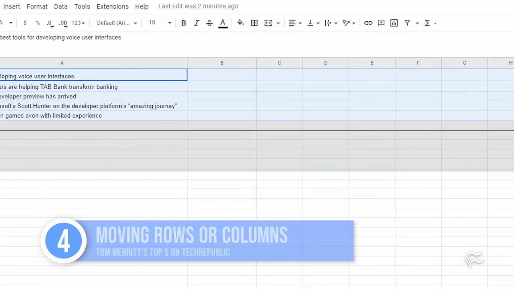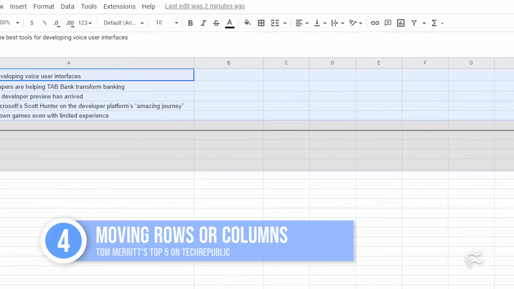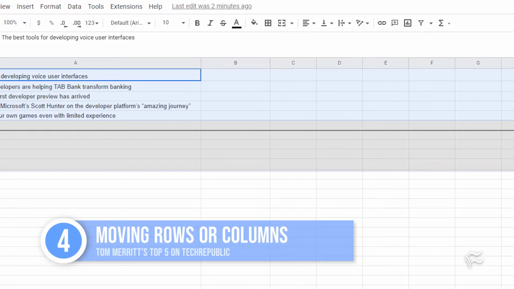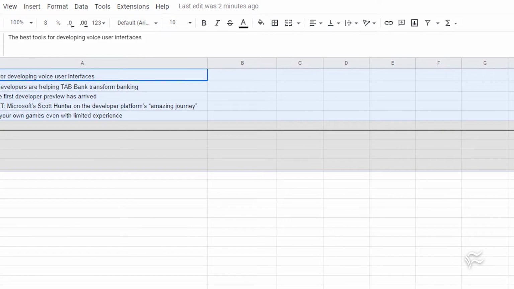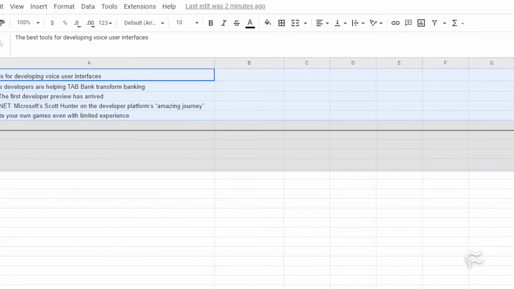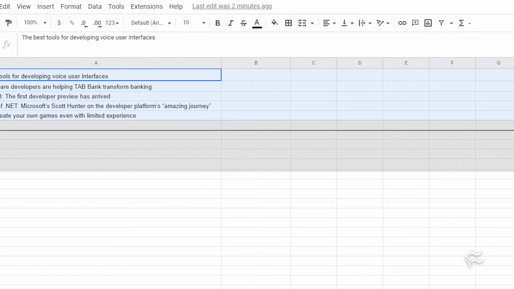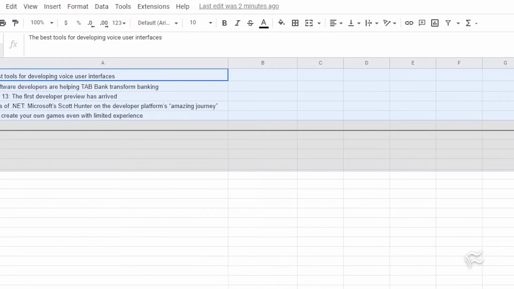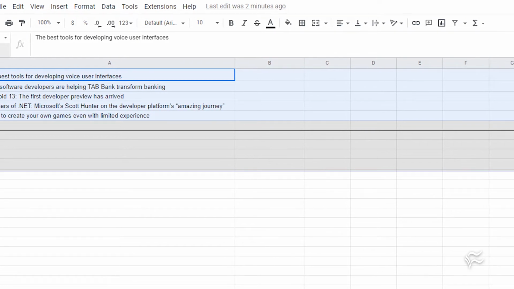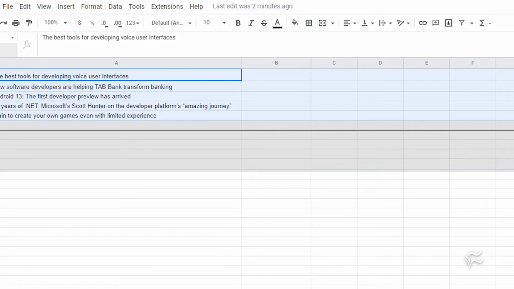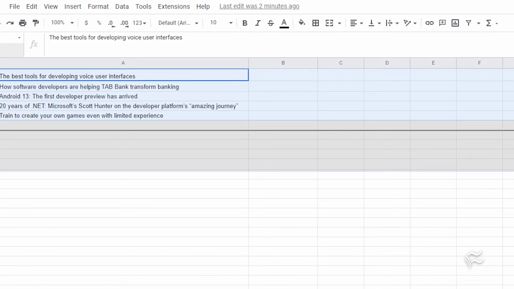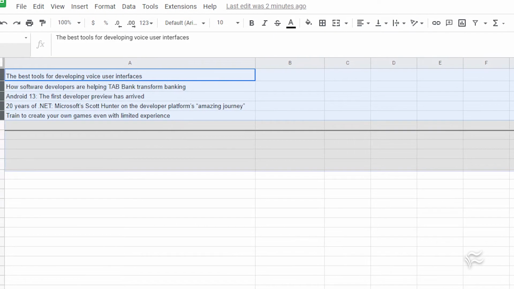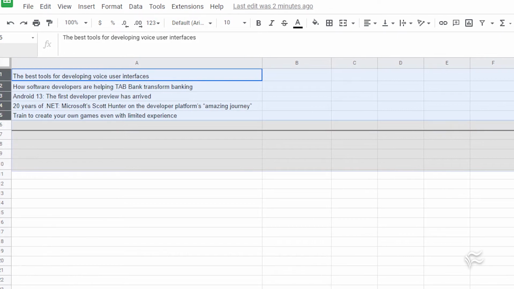Sliding into number 4, moving rows or columns around. If you want to easily move a row from one place to another, you can drag it with the mouse. Click into the cell of the row number, or the column number, itself. Then let go of the click. Then click again and hold the click down. Keep that click held down. Now, move the mouse and a cursor is going to show up. Put the cursor where you want the row or column to move, and then let go of the mouse button,